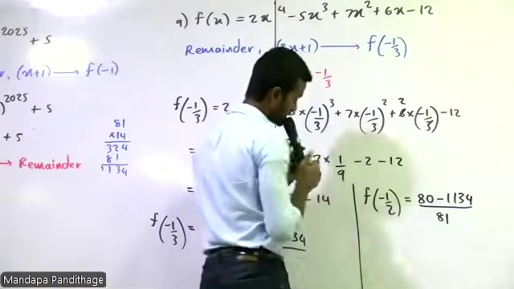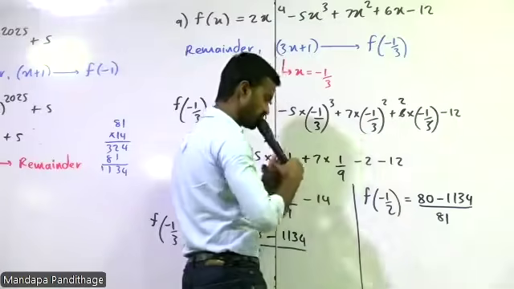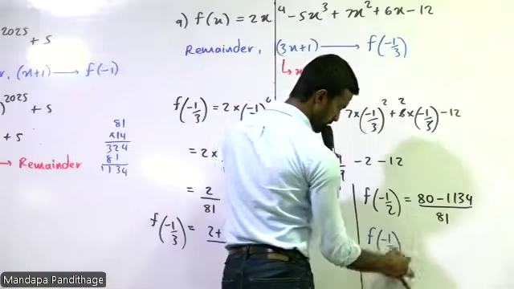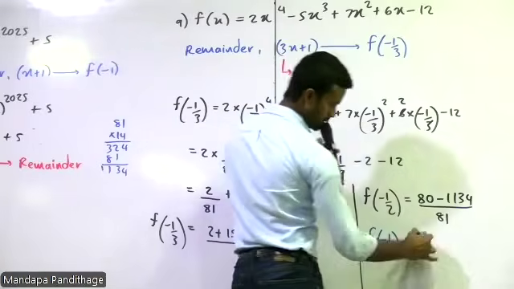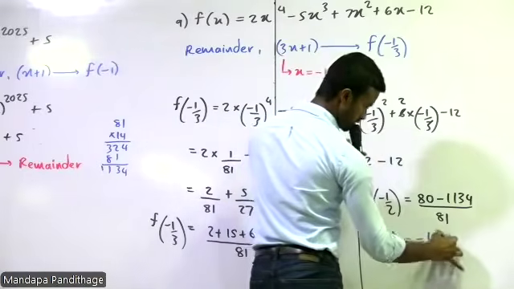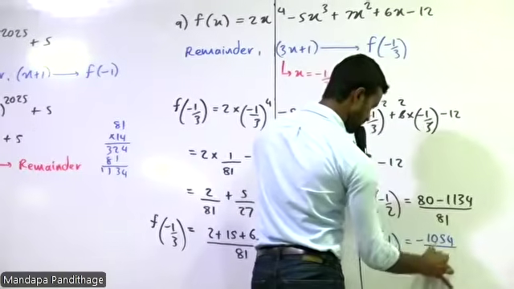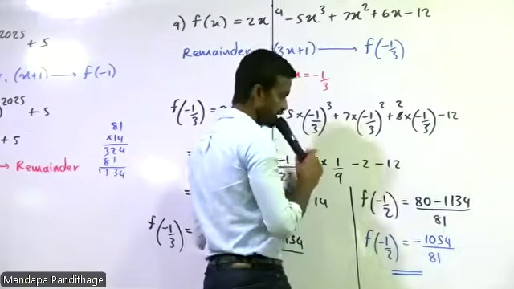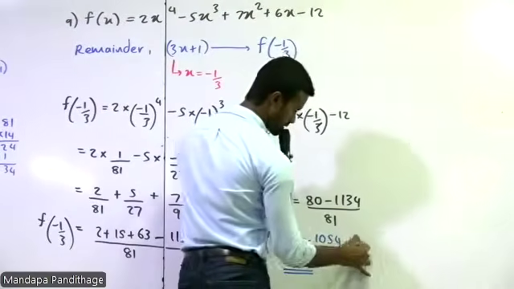So you are getting the answer f minus half is equal to minus 1054 over 81. So in question number 9, if you have done the simplification properly,